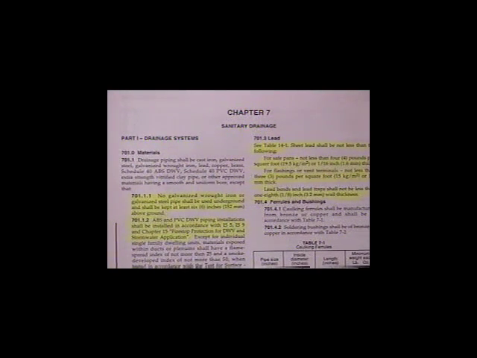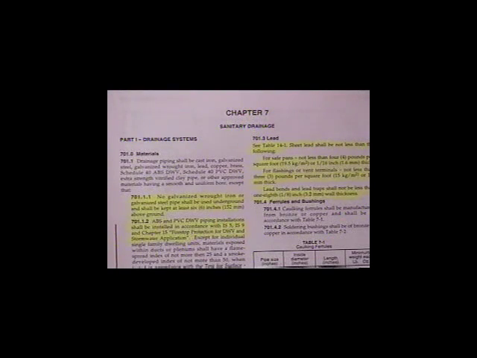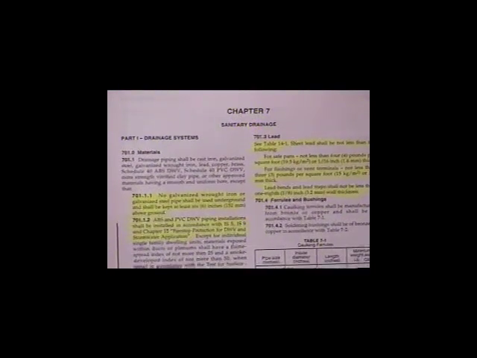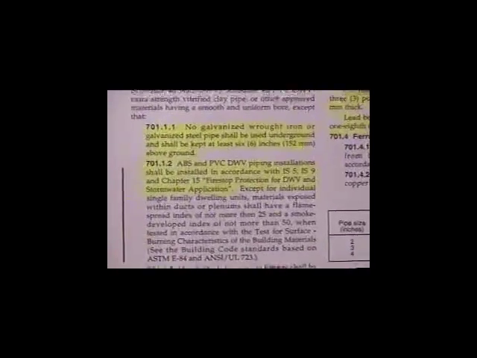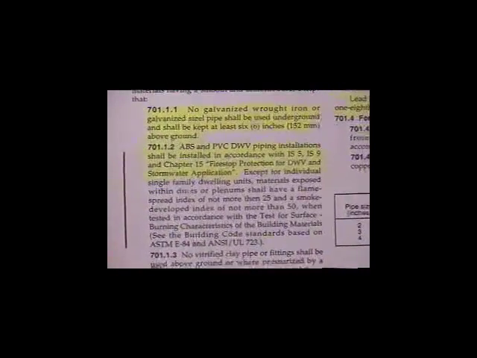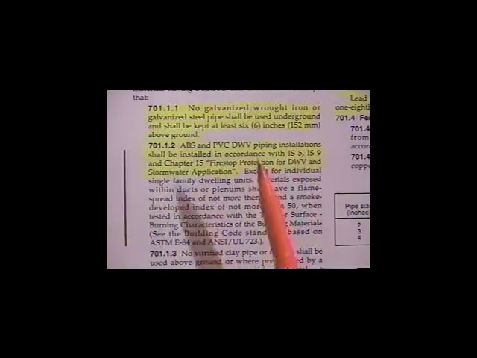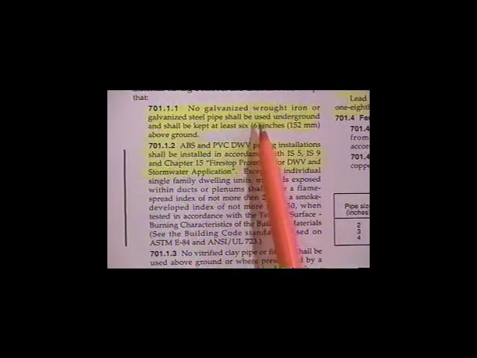Alright, now chapter 7 has to do with sanitary drainage, and we'll cover an awful lot of information in this chapter also. Let's get right to it. Let's go to 701.1.1. No galvanized wrought iron or galvanized steel pipe shall be used underground and shall be kept at least 6 inches above the ground. This holds true for any pipe that you would run over